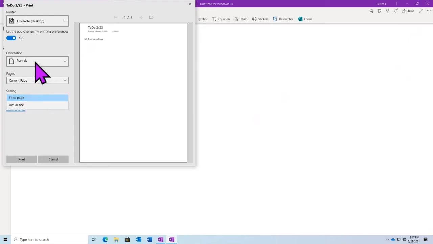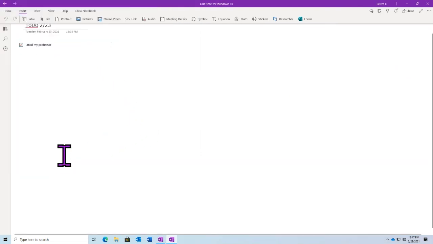So it's important to adjust even the orientation and the scaling for your page to ensure that your information will fit properly. But from there, we'll be able to print exactly like we would with any other document in Office, and we'll be able to see that print preview and how everything will be laid out on our page here. Are there any other questions?